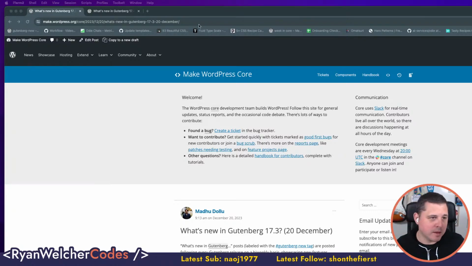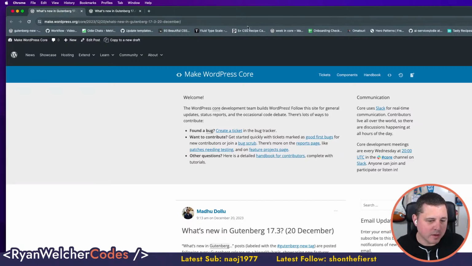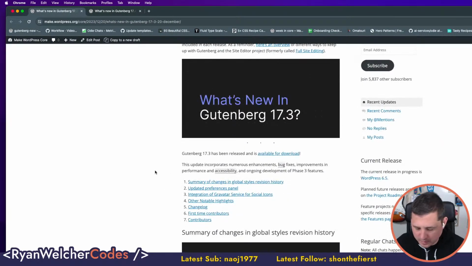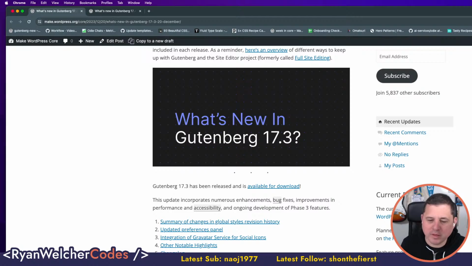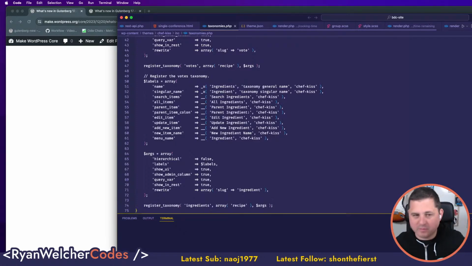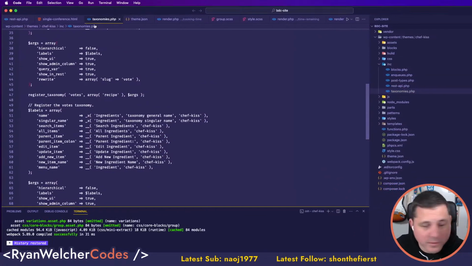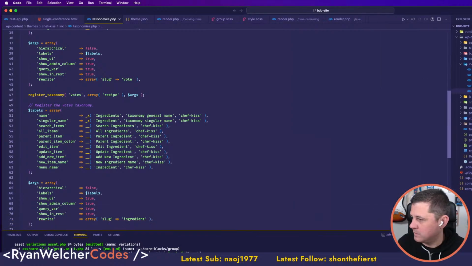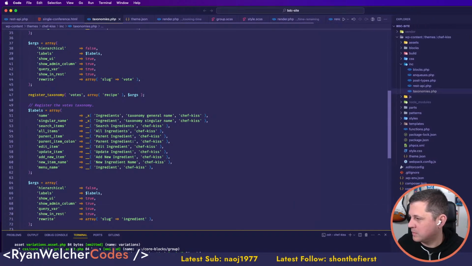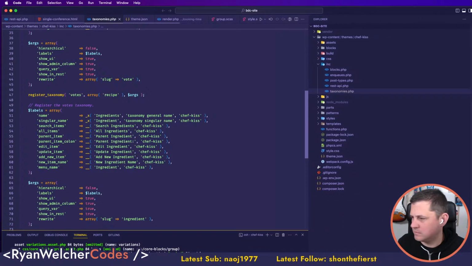Cool. Today I have a couple of Gutenberg versions to kind of go through and check out. I don't even think I have half the stuff running that I need running right now, but that's fine. We'll get there. I'm going to open Visual Studio Code, which is not really a thing. I'm going to put this in the right place.